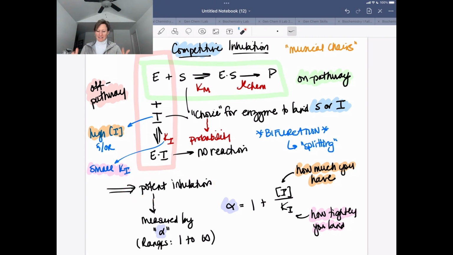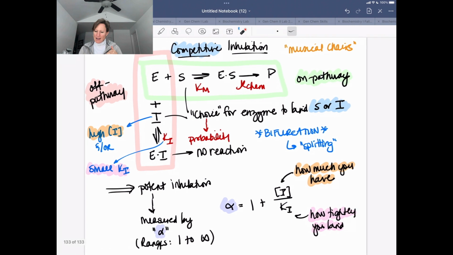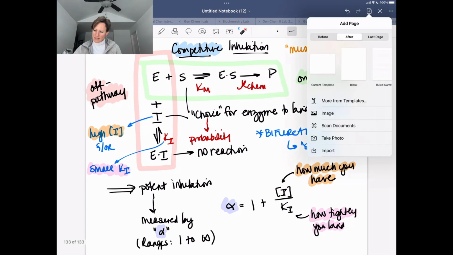And again, this is our musical chairs kind of inhibitor. This is a competitive inhibitor. So the enzyme has a choice with who it's going to bind to. And now this is going to become important when we think about some of the hallmarks that we have of inhibition. So now we're going to map on how we think about this